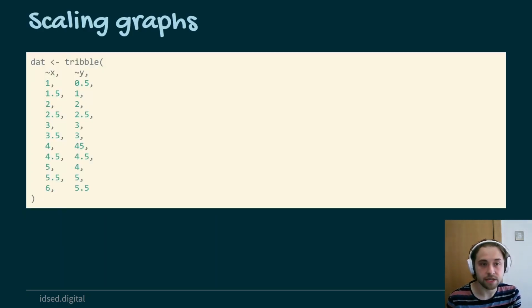So let's take some sample data. I've used the function tribble, which lets you create a simple tibble using relatively plain text methods, typing it row by row as if it were a table. So I've done that here. You might notice that y is approximately equal to x, with the exception that for x equals 4, we